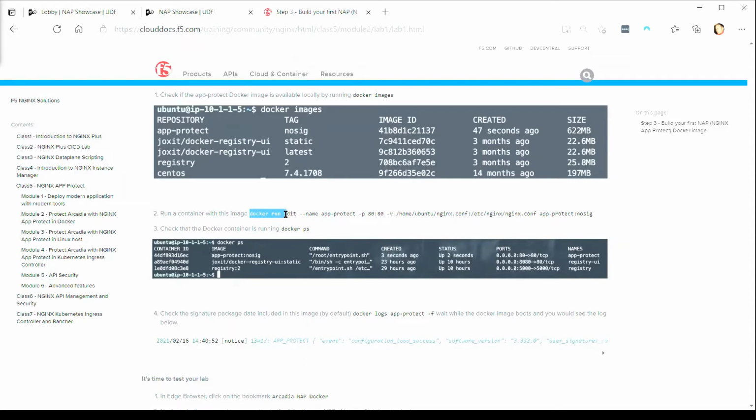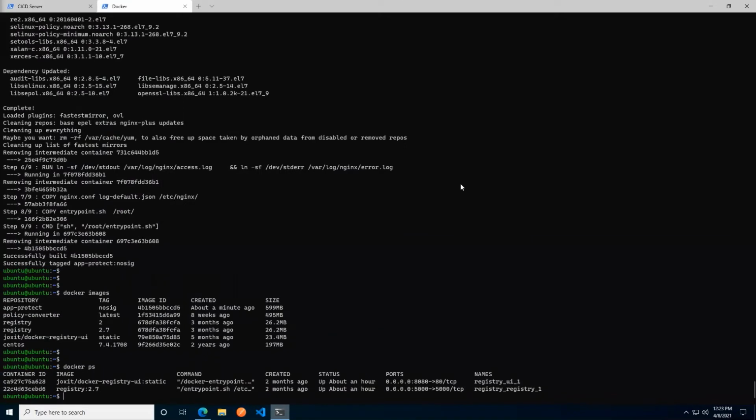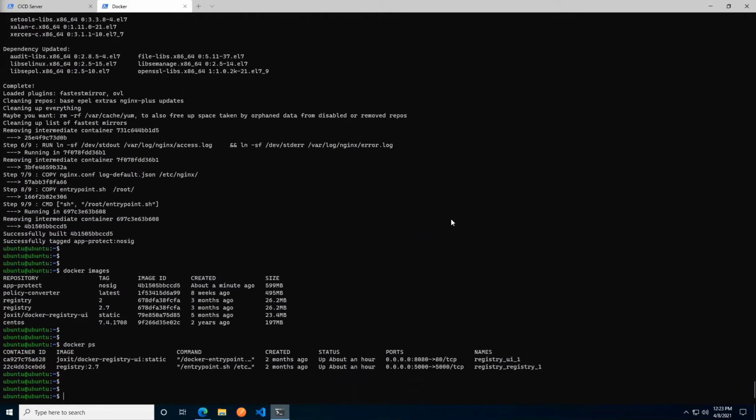For those of you unfamiliar with Docker, docker run simply takes a container image and spins up a new fresh container based off of that image. I'll explain in detail what the command does once I've copied it and pasted it into my terminal. So I'll go ahead and copy it here first and foremost, and I'm going to pop back over to my RDP session in the terminal. And I'm going to paste in the command. So, yeah, just give a couple of seconds for people to catch up.